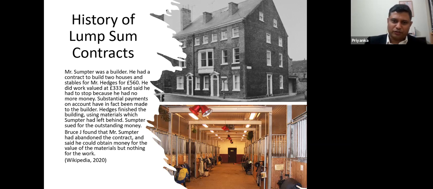Now, since this is Christmas time, I used this picture with a stable with the Christmas bells and some decorations as well. What you see here on your top right hand corner is an old British type of house. In the 19th century, if you watch the movies, these are the types of houses which were constructed in the UK. You can see that the roof is